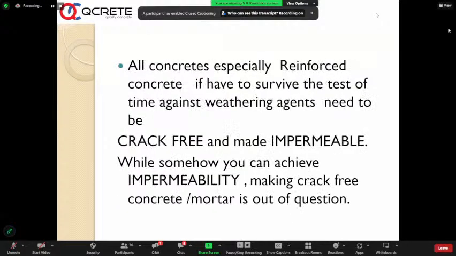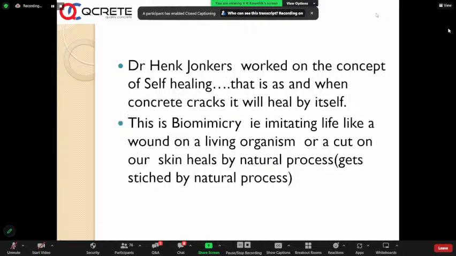So all concrete, especially reinforced concrete, if it has to survive the test of time against weathering agents, needs to be crack-free and made impermeable. While somehow you can achieve impermeability, making crack-free concrete mortar is out of the question. It's difficult. Dr. Hank Jonkers worked on the concept of self-healing,